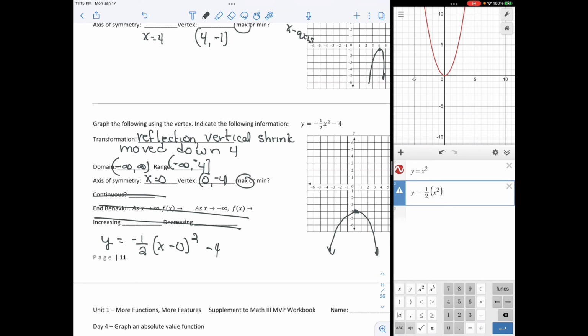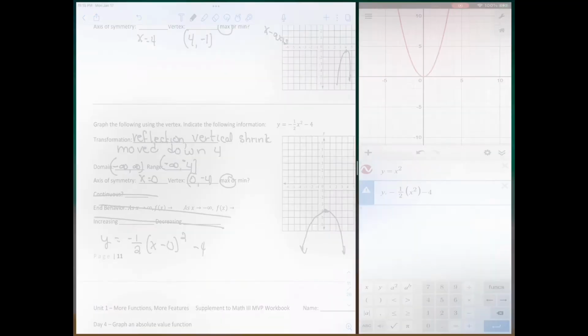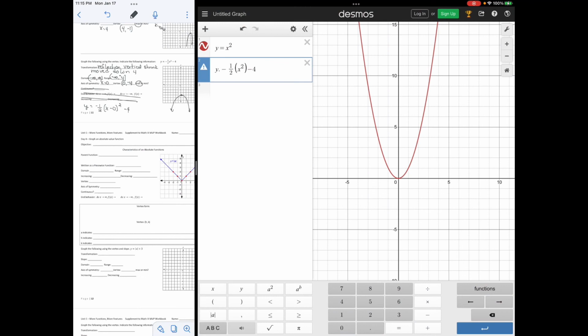Nope, I didn't mean to put a parenthesis there. Minus 4. There we go. Okay, and what did we get? Okay, I got something wrong here. I got a comma instead of an equal sign. Well, they didn't like that. Y is equal to,